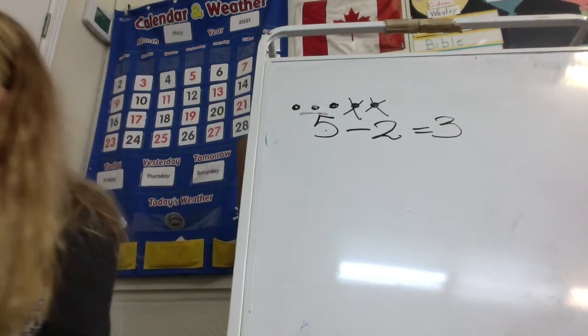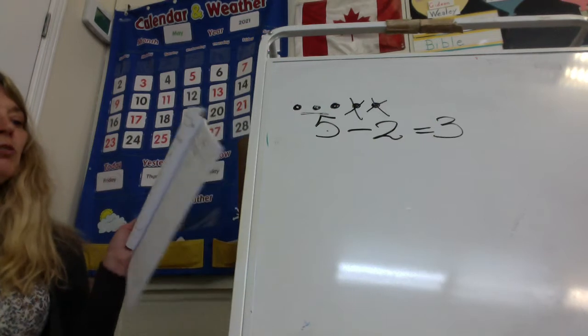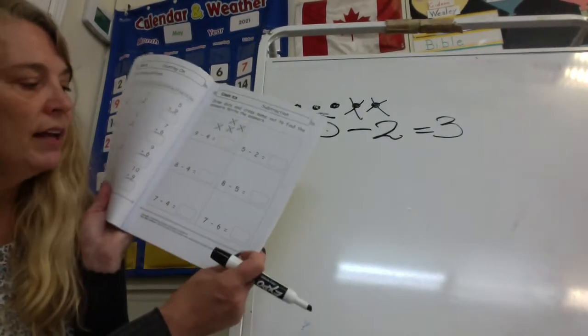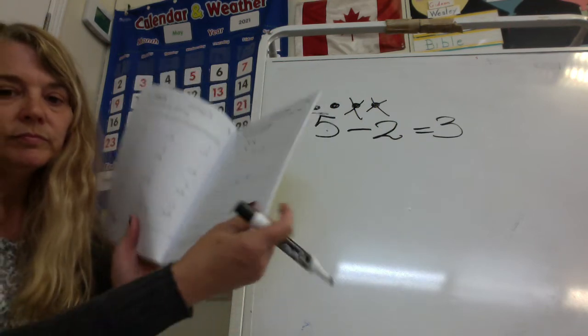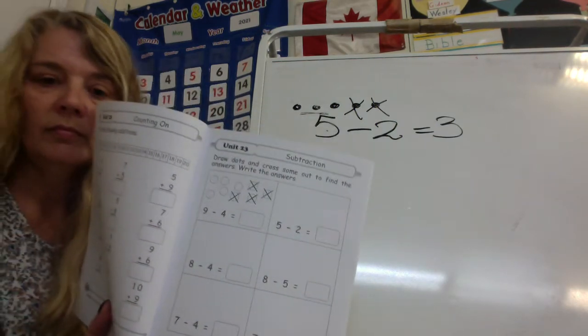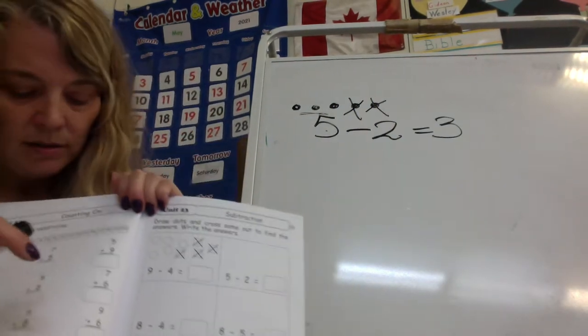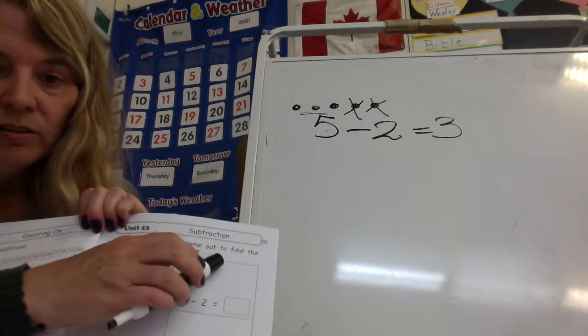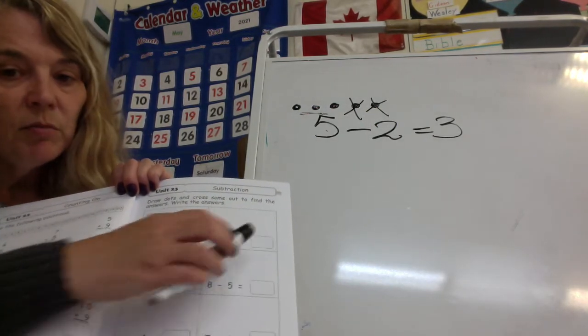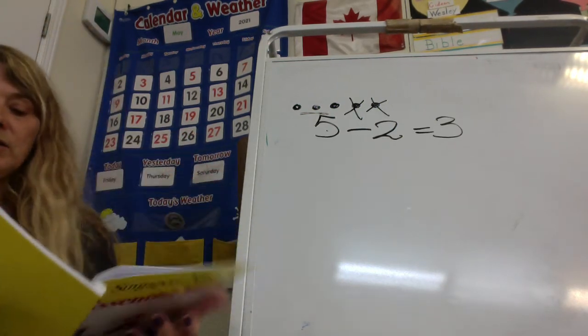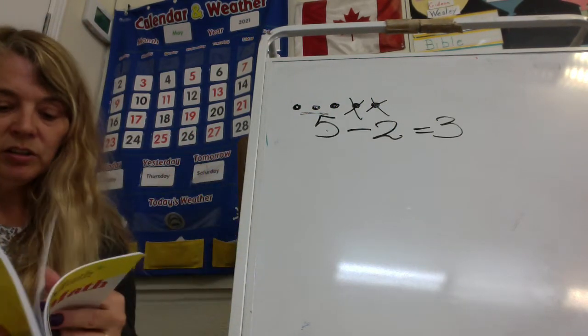So you need to draw the dots in there and cross the ones out that you're taking away, and then write the answer in the box. Draw the 5 dots, cross out the 2, and write how many are left in the box. And on the other side of the page,